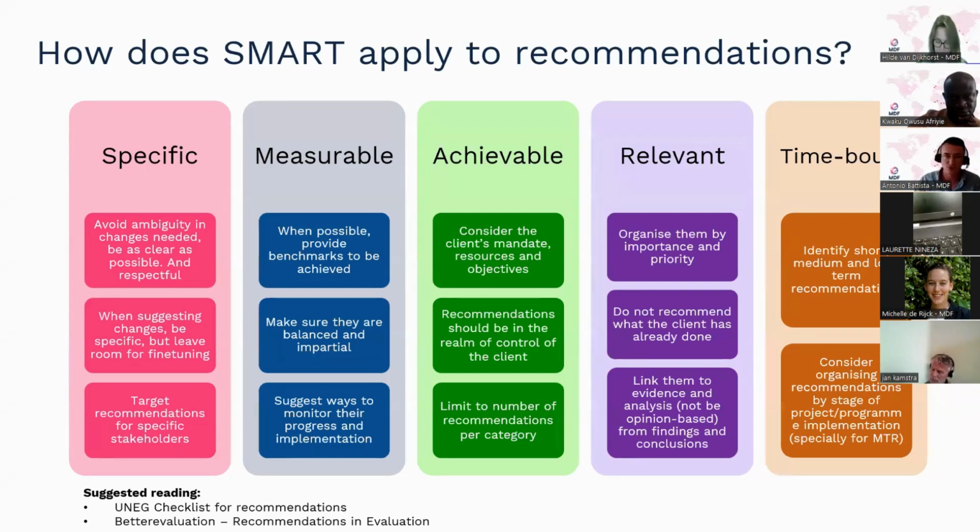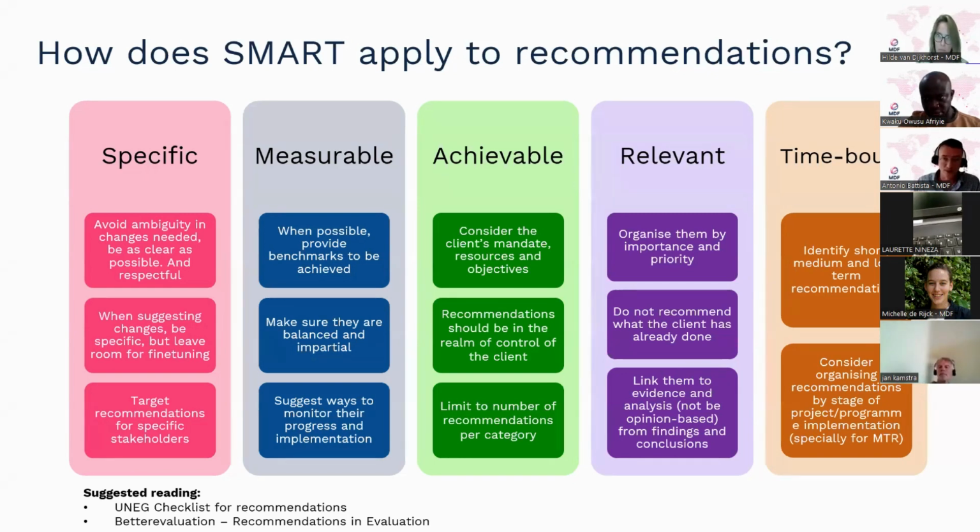Also, when you develop recommendations, sometimes you organize them by evaluation criteria, so relevance, coherence, effectiveness, etc. Sometimes the findings lead naturally to categories of recommendations. Say you're doing a program evaluation and there's a certain number of recommendations about fundraising, about program implementation, about human resources. So these are all categories. Make sure that you limit the number. We can't really say how many, of course, but if you do 20 recommendations per category, that's probably a little too many. So consider having a good balance between all the categories.